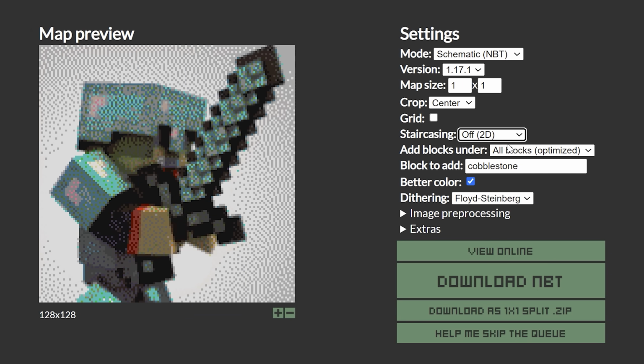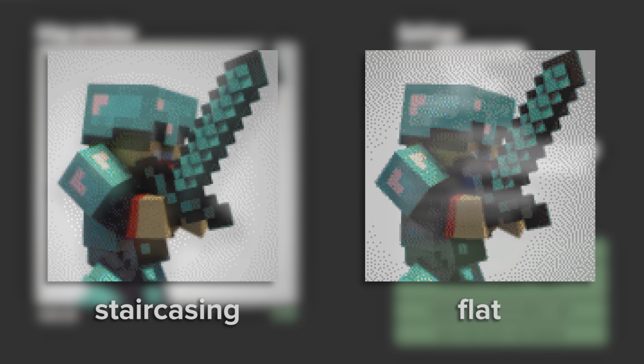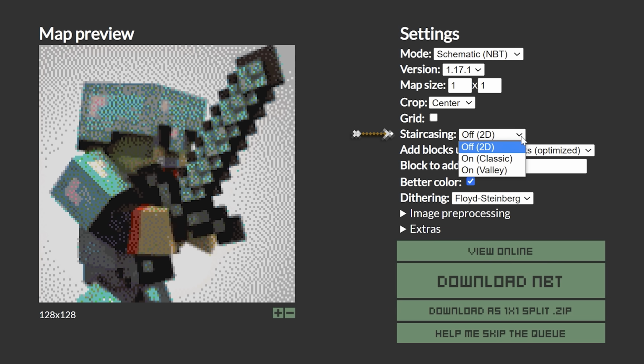So the choice is yours. Either to have more colors on the picture or save a lot more time. There are 2 types of staircasing, but I would just choose the valley one, since it's a lot easier to build in survival. For this video I'm going to choose the flat one though, since it's the fastest one to